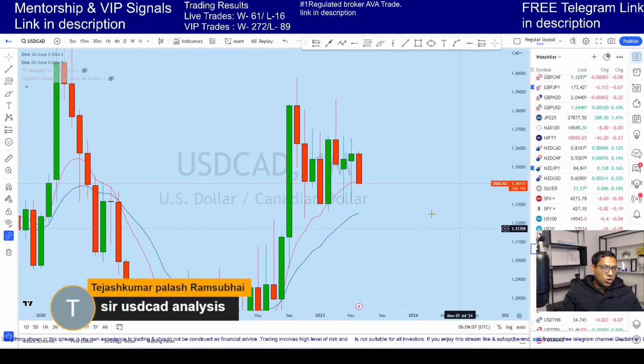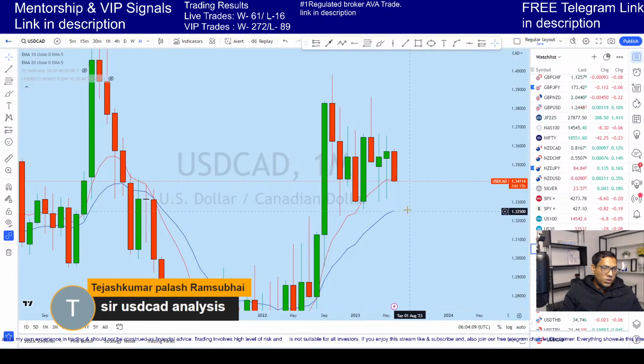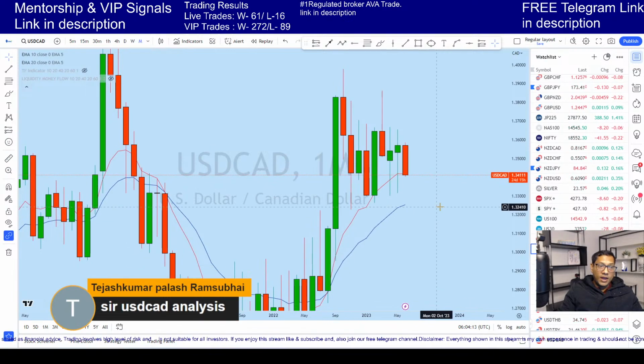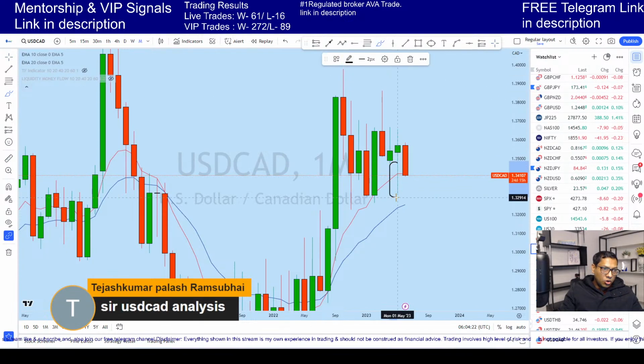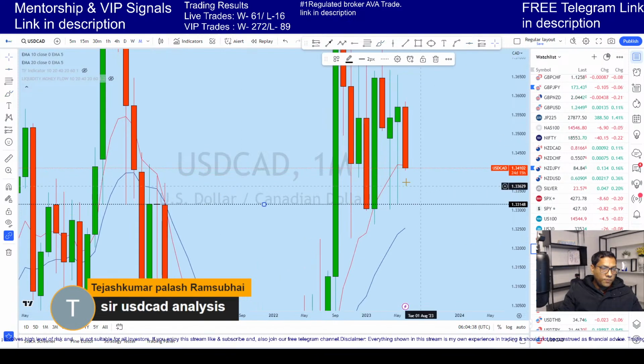So with that drop, we see that the market is currently dropping down, and because you see back-to-back two long wick candles in that area, I think that dollar CAD might be dropping down further. With that drop, we can see that the market might be breaking down, creating a new lower low.